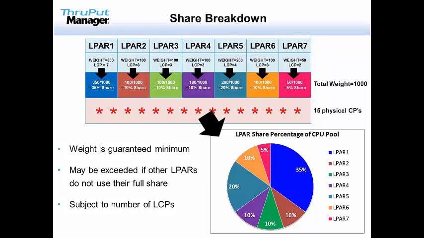Mentioned some of the rules already. Your weight, just to be clear, is your guaranteed minimum. This is not a maximum. Your maximum is going to be the limit of your logical processors. Essentially, if I've got 7, I can run 7 at 100%. In theory, I can run 7 physical cores at 100%, or in this case, that would be close to half of the box, 7 out of 15. So LPAR 1 has a theoretical capacity of up to 50% of the box. But its guaranteed minimum is 35. So that means if all of the other LPARs are taking their share, it will always be guaranteed a minimum of 35%.